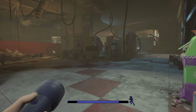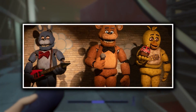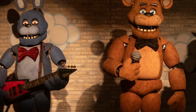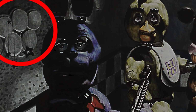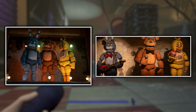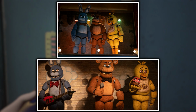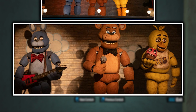Well, just a couple of days ago, we were actually given a leaked screenshot showing off a photo of what the actual animatronics are going to look like in their full form, and this just looks overwhelmingly good. The attention to detail is there, it has the clouds in the background like what's seen in the original game, but when comparing it to the actual suit models, while it's not a difference that I think overall will be massive, when putting them side by side, you can 100% tell that the animatronics just look so much better and